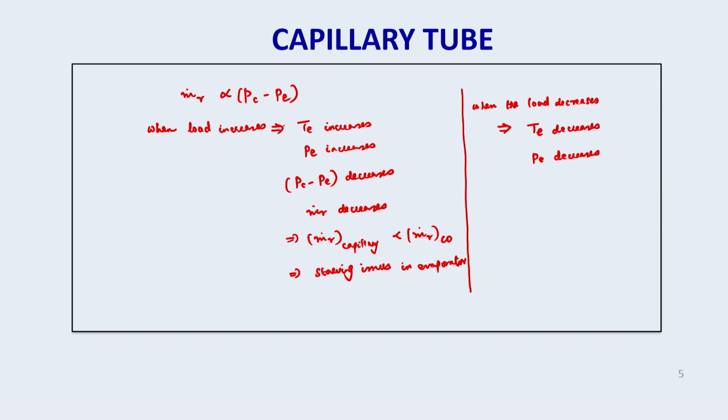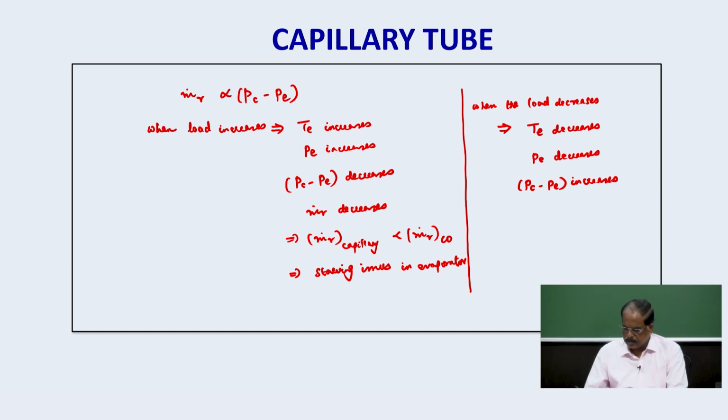In the delta P, Pc minus Pe, when Pe decreases, the difference will increase. Pc minus Pe increases. Since m dot R is directly proportional to Pc minus Pe, that is delta P, therefore m dot R increases,